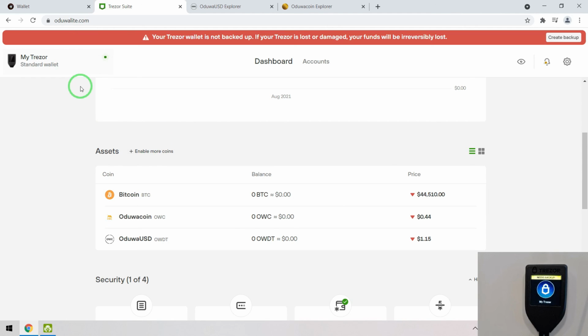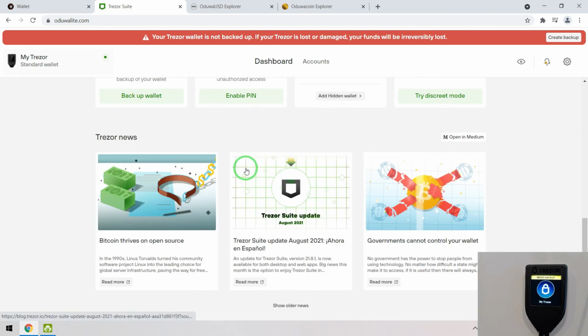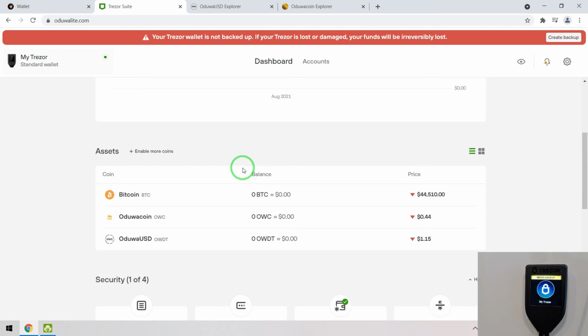There will also be a desktop wallet provided by us, that will be the same as the Trezor Suite desktop wallet, and that is for now. You can add any masternode coin, any Bitcoin based coin, and any Ethereum based token here. Thank you.